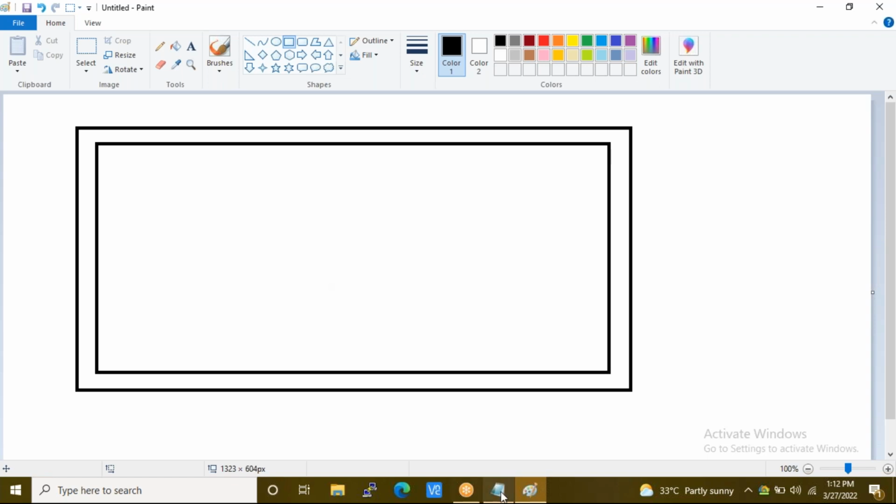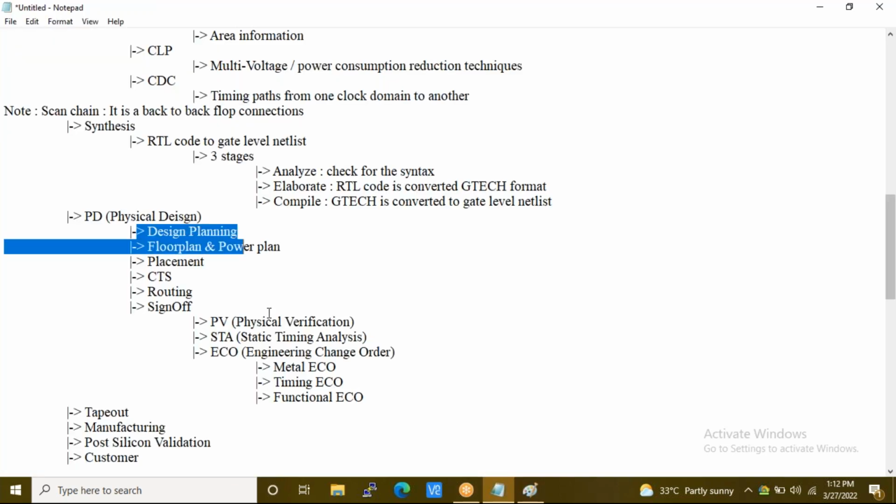In this starting design planning stage, there are two types of owners: a block level owner and a chip level owner.